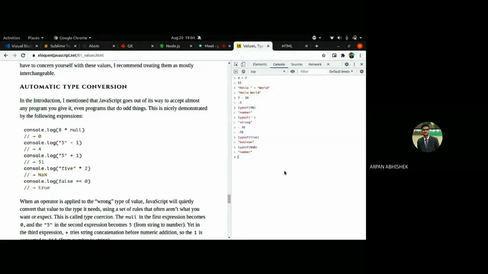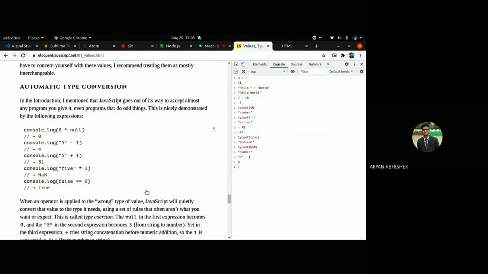You have to explicitly tell it to convert to int, then add. But here in JavaScript, it will convert. Here it shows string 5 minus 1 converts, or it should do that, so we can check it. And if we try to multiply a string with a number, it will give us NaN, which is not a number.